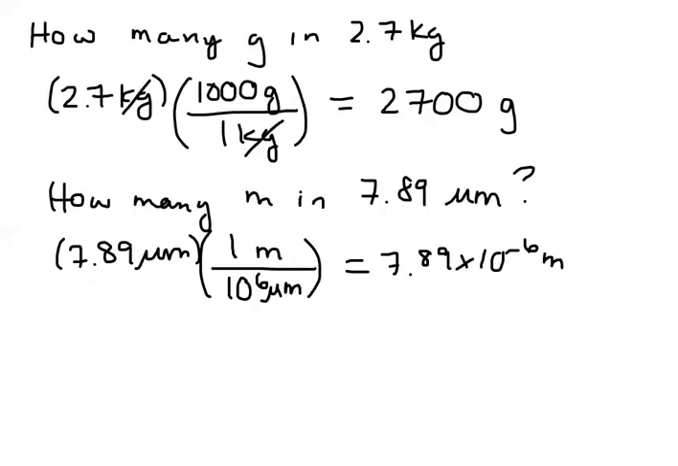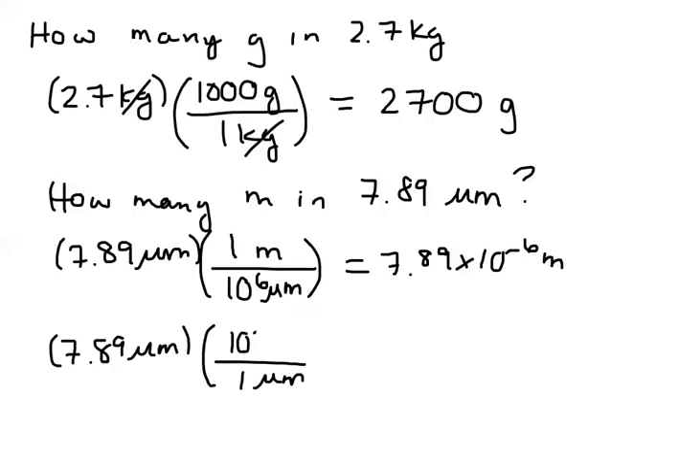Guess what? That is a very small number. Do we have the right number of sig figs? Yes. Because this is a metric to metric conversion, we imagine that has infinite sig figs. That's an exact conversion. So we're going to base our sig figs on the 7.89. The other way you can do this is 7.89 micrometers, and then you're going to put 1 micrometer equals 10